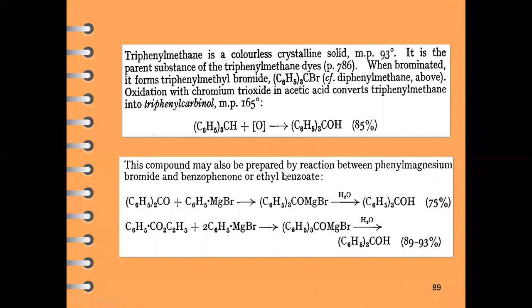Same compound, that is triphenyl methyl carbinol, if we want to synthesize, then the second method is that ethyl benzoate reacts with the Grignard reagent, but we utilize 2 molecules of Grignard reagent to synthesize the intermediate product, and again with the removal of a water molecule they synthesize triphenyl methyl carbinol having a yield of 89 to 93%. So such a question may also be asked, that whenever we are going to